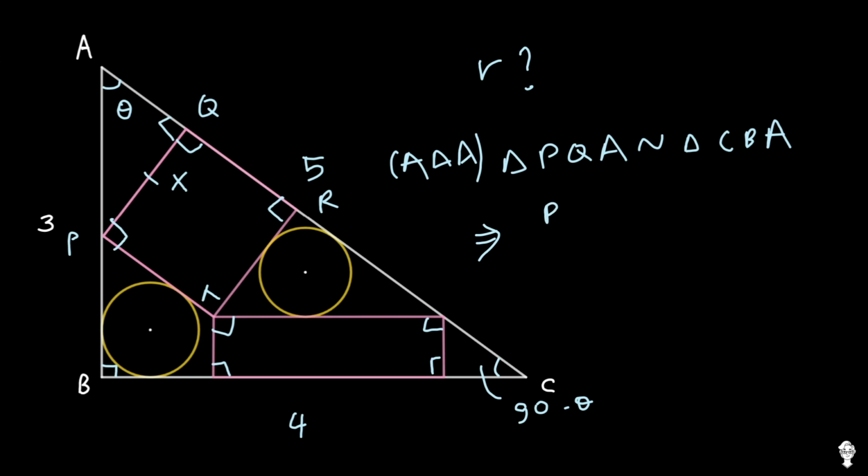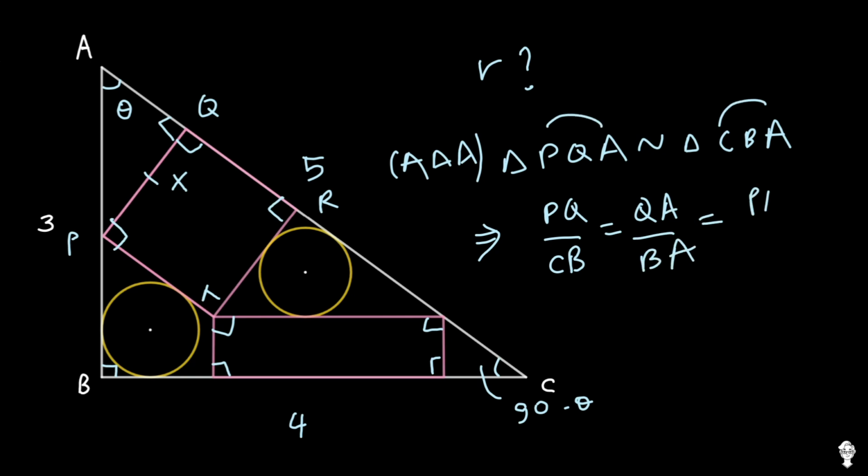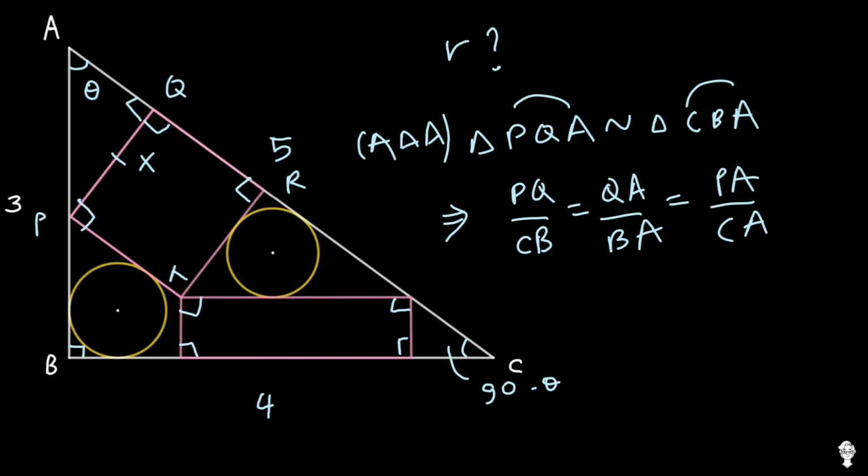Therefore, PQ upon CB would be equal to QA upon BA, and this ratio would be equal to PA upon CA. So now we can see that in this particular diagram, we have marked some of these things as variables and also some of these things are given directly as length. For example, the length of PQ we have taken as a variable x. The length of CB is ultimately the base of this biggest right angle triangle, that is having a value 4, equals to